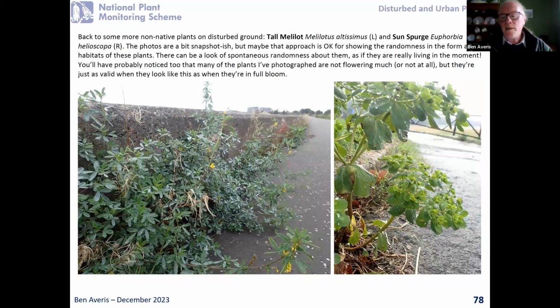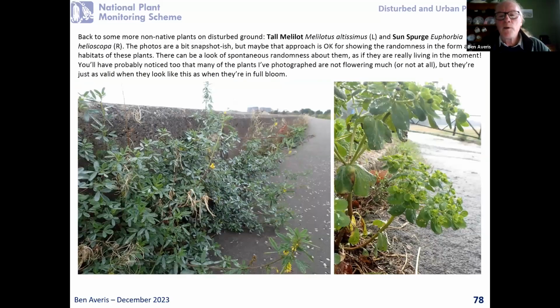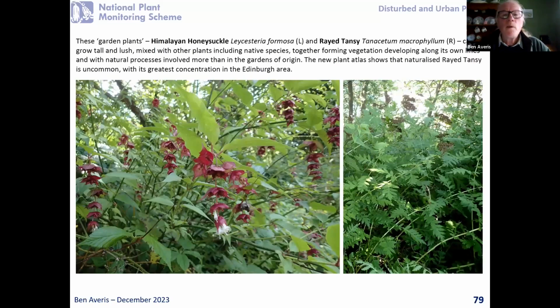Well, in an urban setting, it doesn't matter as much as it would in a rural one. Some more things here, tall melilot and sunspurge, just scrappy looking things by the edge of the curb, but that has its own interest. They don't have to look really pretty and wonderful. And some of them do get bigger though and form proper stands of vegetation, or get mixed in with bigger, well-developed vegetation like this Himalayan honeysuckle and the rayed tansy. So it's nice to see a kind of urban vegetation type that's not just scattered plants,